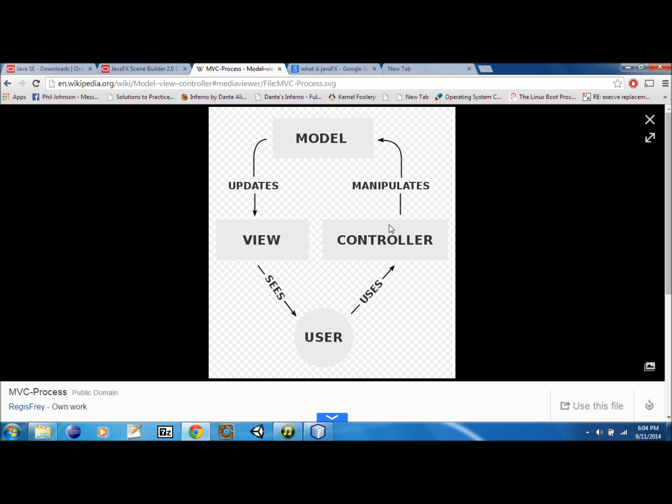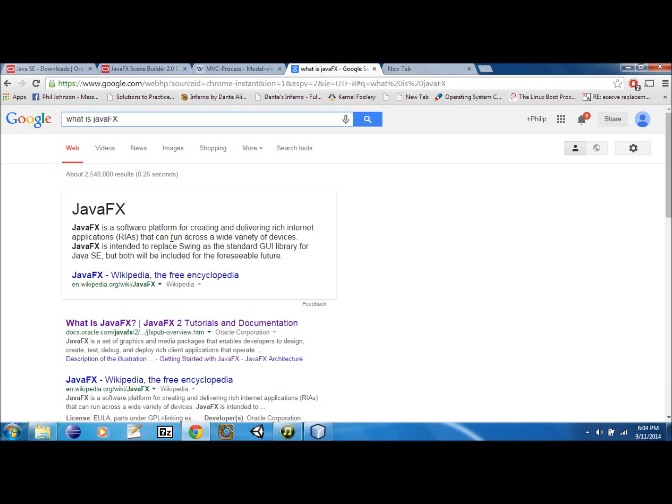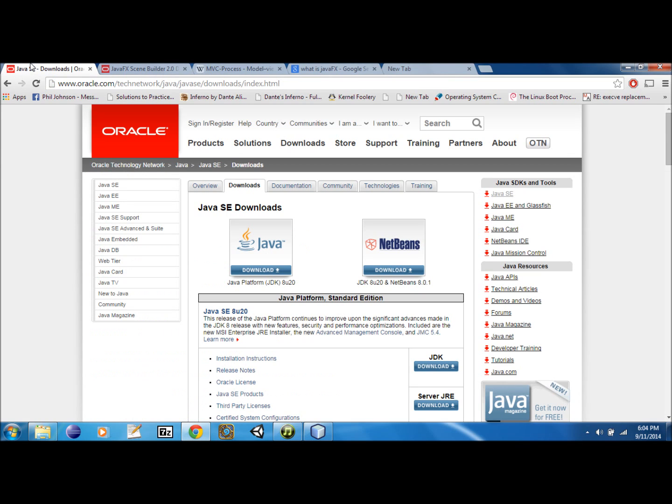So, prefacing with all that now out of the way, let's go ahead and download the stuff that we need in order to run JavaFX. So the first thing you're going to need is Java JDK 8U20, or maybe by the time this video is out, it'll be a newer one, but they're going to include JavaFX in all the newest JDKs. So you'll need to install the newest Java JDK, and then I'm going to install NetBeans as well as an IDE to